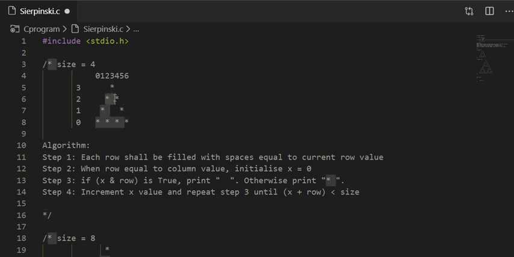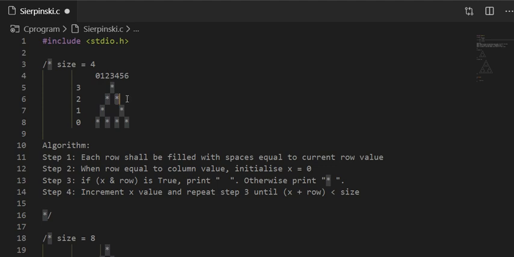So we have to fill star and space. Now we are in this position. Increment x, so x equal to 1. 1 and with 2 is again 0. So again print a star followed by space here. Now when we increment x, it takes the value of 1.